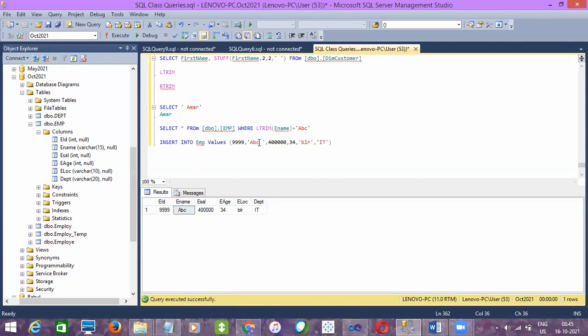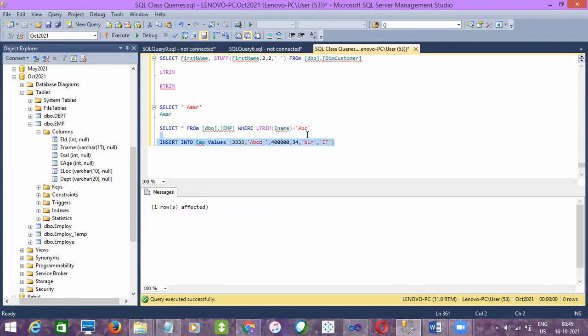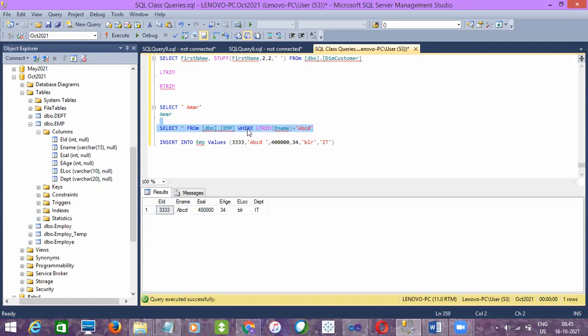So then, let's say I use ABCD here. I'll insert the value. If you try to retrieve with ABCD here, you cannot fetch it. I think I did not give the extra space here, right? So that's why it is fetching. Let me give an extra space. ABCD, yeah. I think while inserting it, I had given it, right?